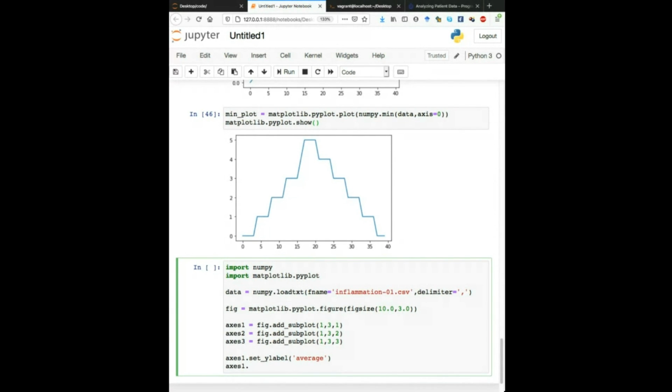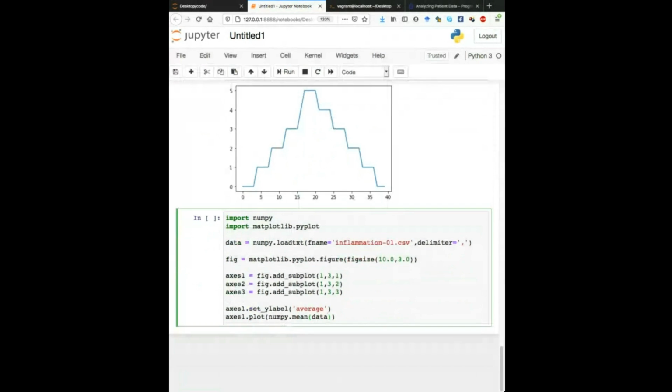Axis1 dot plot. And what I actually want to plot in here is the result of executing the numpy min function on the data array over the axis 0, as we saw before. And we do something similar with the other axis. Let me just go back here. Axis2 dot plot